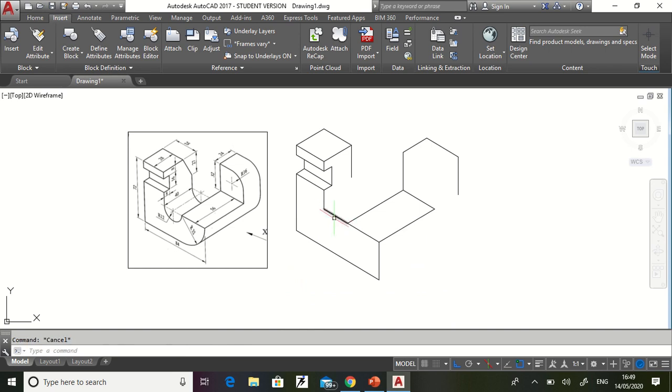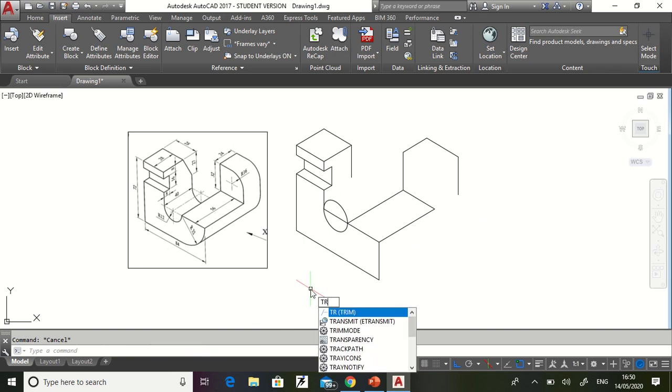Now I got the midpoint of this. So EL, enter, I, enter, midpoint of this and then click and drag. But do I want the circle in this direction? Yes. So what will be the end point? This will be the end point. This is how the circle will be created, and the next step will be to trim that circle.